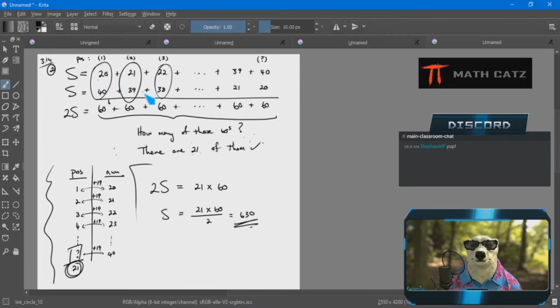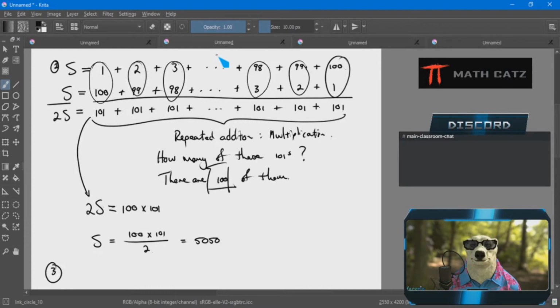And every time our strategy of doubling up the sum in a clever way worked, and it just takes some practice to be sure about how many of those terms there are. Sometimes it's a little less obvious. You just have to think carefully. Now we'll go on to